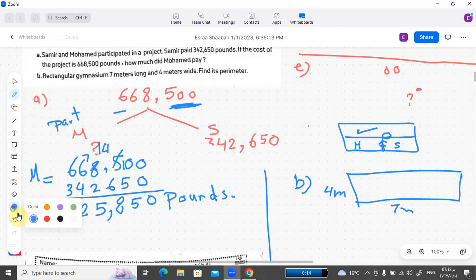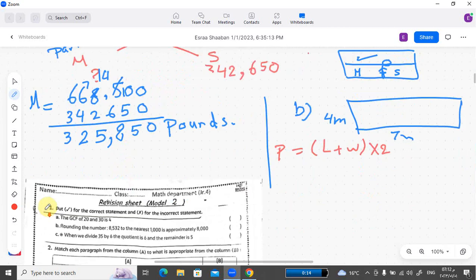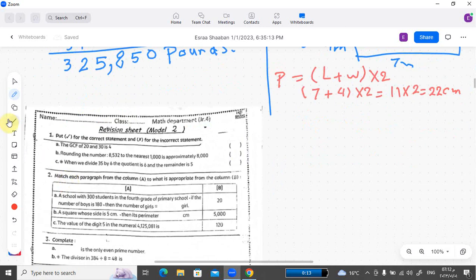The rule of the perimeter, we have to write the rule first. The perimeter equals length plus width all times 2. Okay, the length here is 7, so 7 plus 4 all times 2. 7 plus 4 equals 11. 11 times 2 equals 22 centimeter. This is the first model we have. Okay,